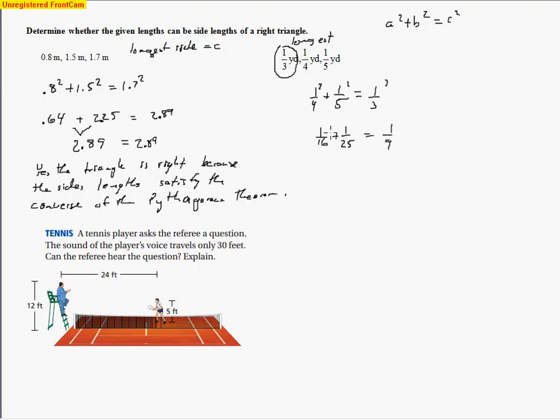And so we go ahead and do some work here. Now multiplying, coming up with that common denominator, 1 over 16, and then plus 1 over 25 gives me 41 over 400. And that definitely does not equal 1/9. So when the numbers do not agree like that, then I say that the triangle is not right,